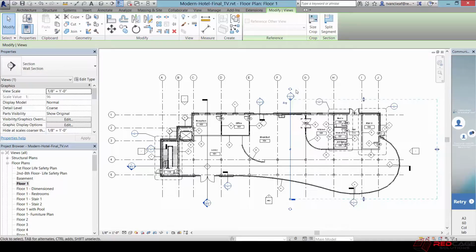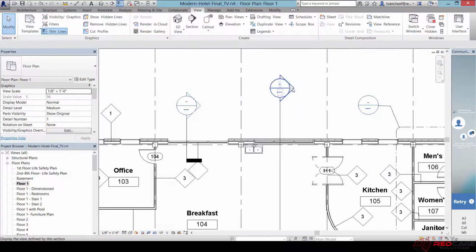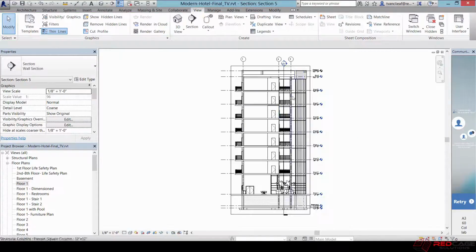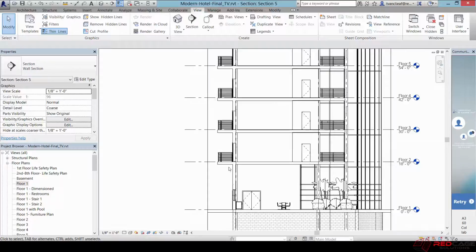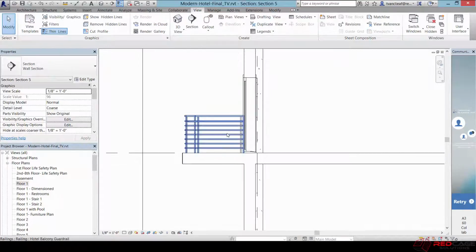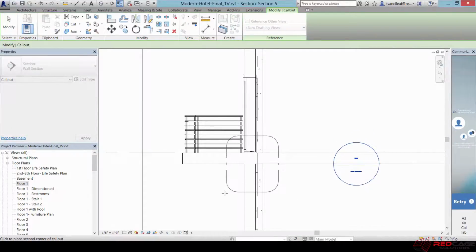Right? And now that that's created, I can double click on that and open up this view, and that's pretty powerful visually to get started with your detailing. So if you wanted to create a second floor detail, say at this balcony level, you can come into the callout tool now and simply place a callout around that